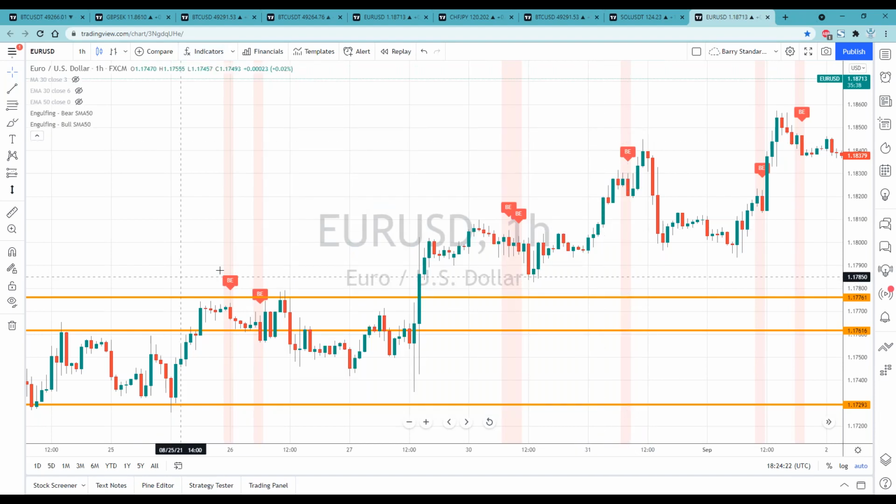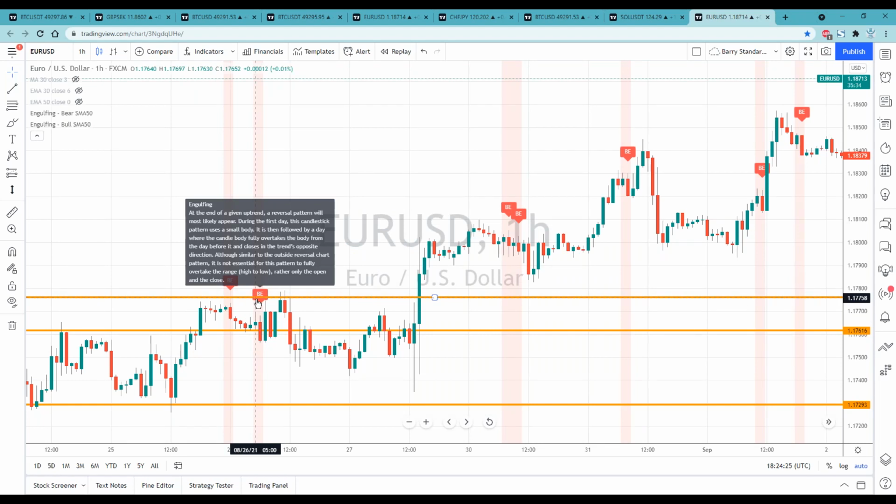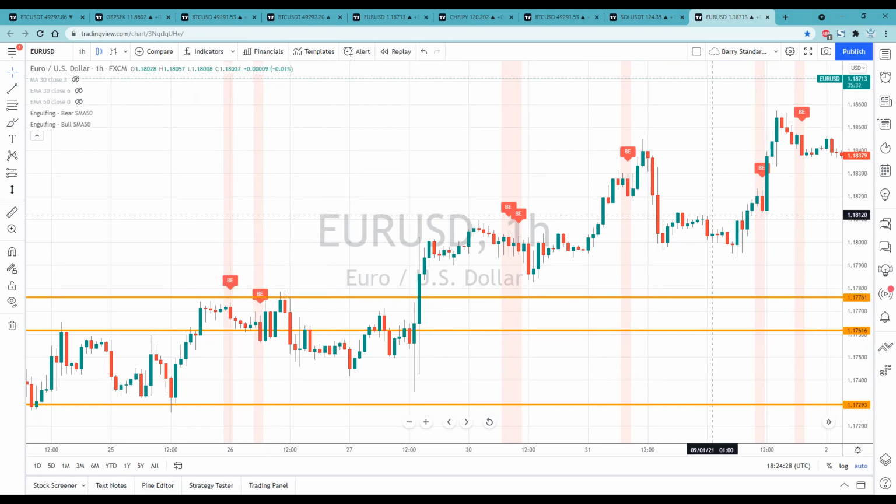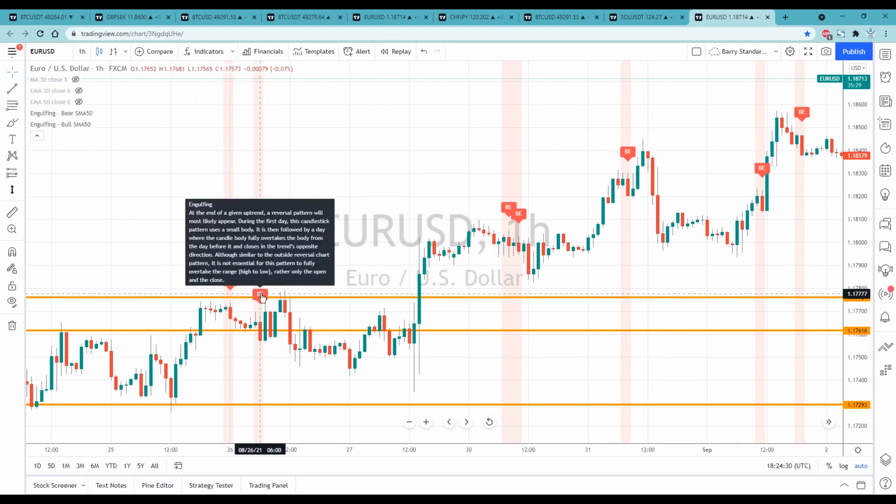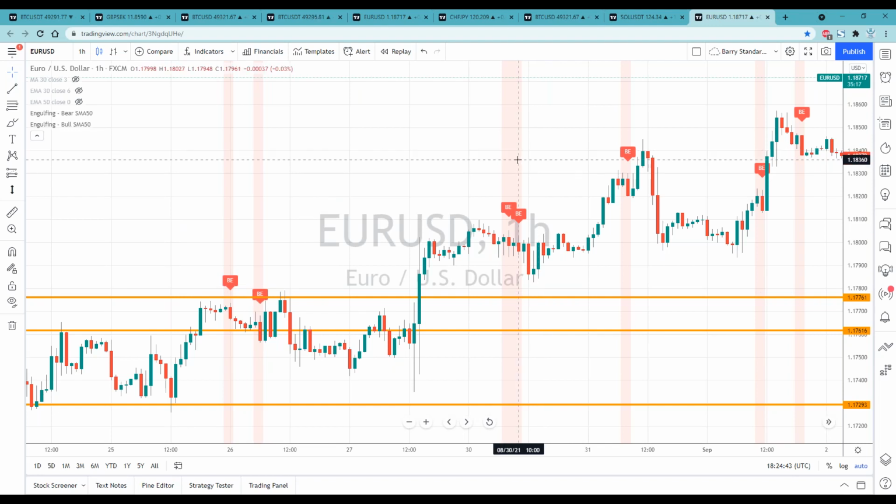See, I just told my charts to tell me when I see a bearish engulfing and a bullish engulfing pattern. My charts find it for me, tells me what it means. But you know what? I don't need to be a trader. If I'm going to trade and sell or buy at a bullish or bearish engulfing, I don't need a chart. I can just get a robot to tell me that. But this is pattern recognition. If a computer can recognize it, you sure don't need to trade it.